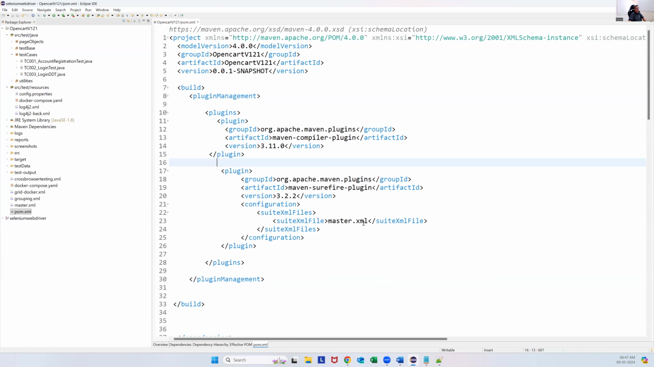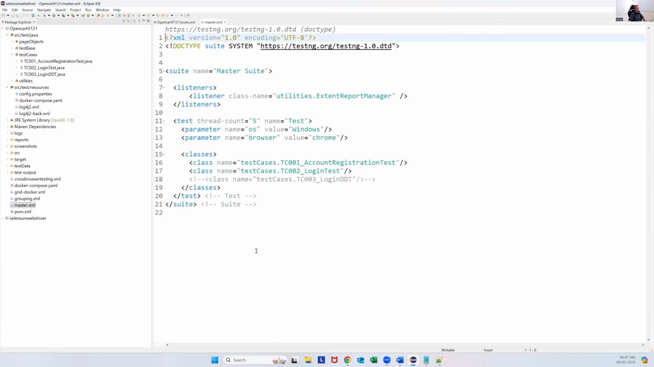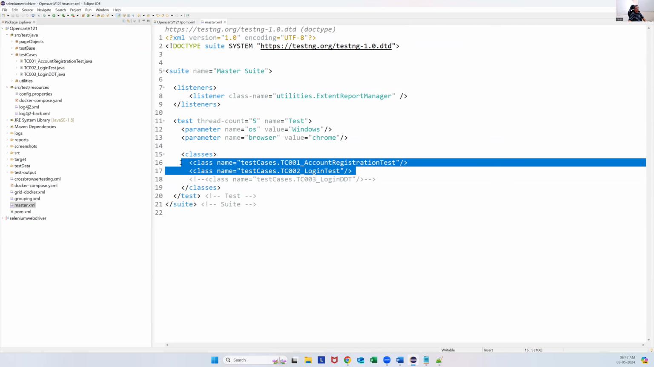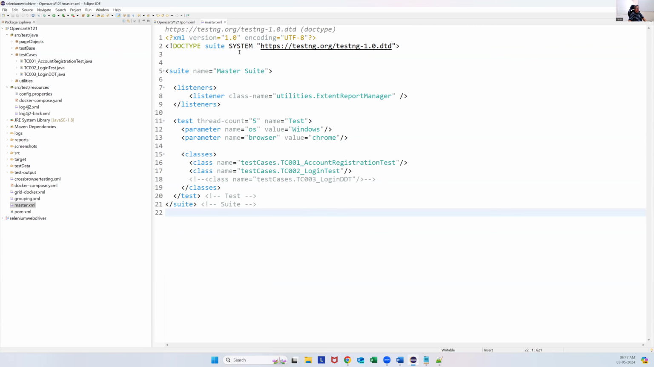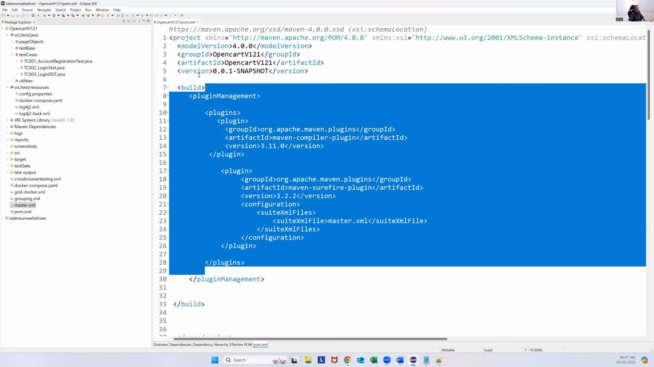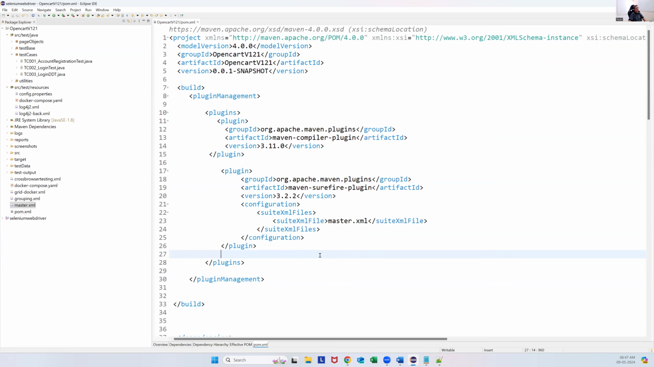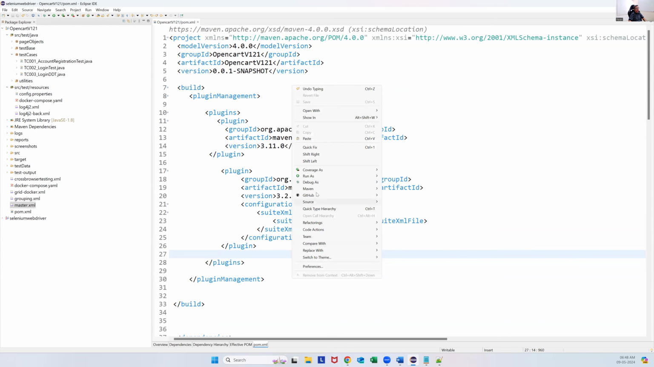So let's see. Here I have put master.xml. Previously when I ran the master.xml file, these are the two test cases we executed. We have run testng.xml files many times earlier. Now I want to run the same XML file through pom.xml. So how do we run pom.xml? You can just right click on it. You can see something called Maven. Inside this, you can see